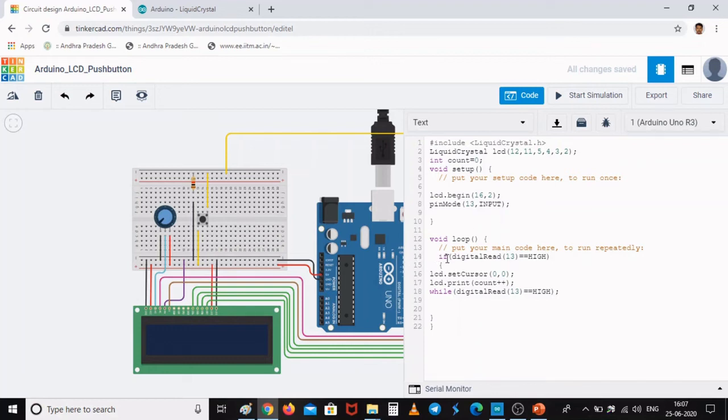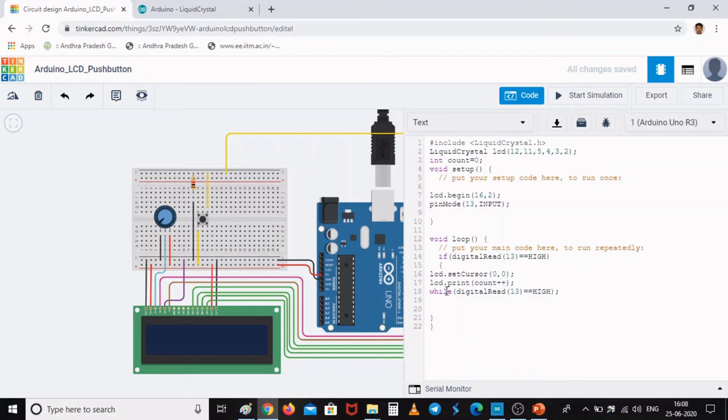And in the void loop, I have used a control statement: if digitalRead of 13 is equal to HIGH. That means whenever I press the push button, 13 is assigned a high value. Whenever 13 is high, then you do all these things. What does it have to do? It has to set the cursor at the 0th column, 0th row, and print count plus plus. Count plus plus means earlier count is 0, now it is going to become 1, and it is going to print that.